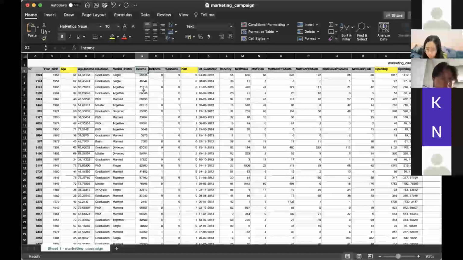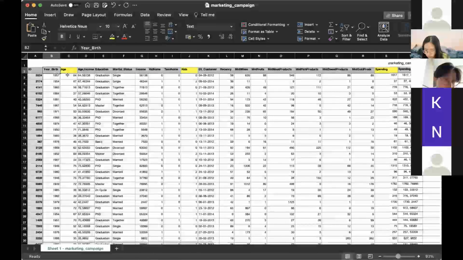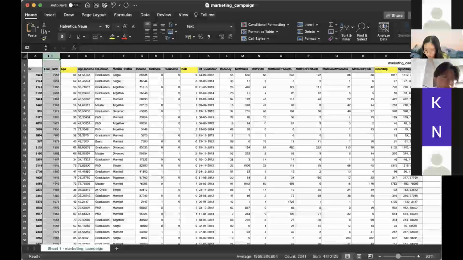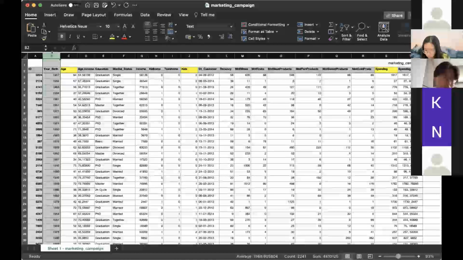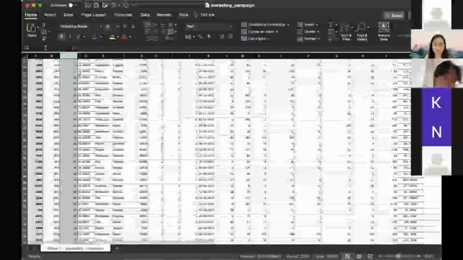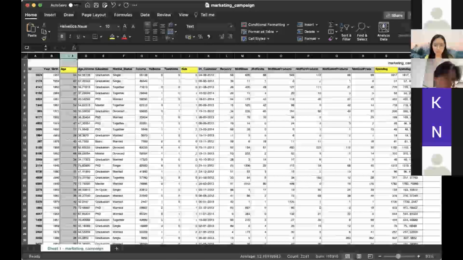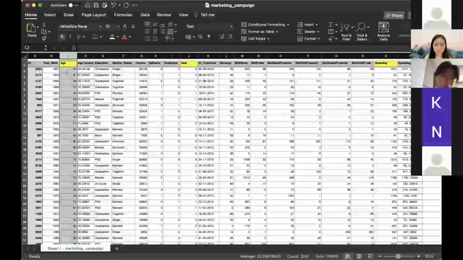And the next thing is to try to find the outliers. Initially there was only the year of birth column, there wasn't an age column. So to make it easier to do all the analysis, I just used 2021 and subtracted the year of birth to get the age. It would be a lot easier for me to look at the data. As a result, there are a couple of people that have an age over 100 years old, which